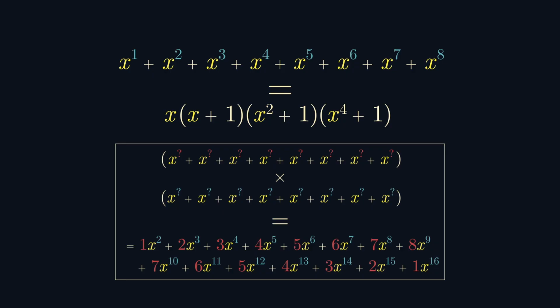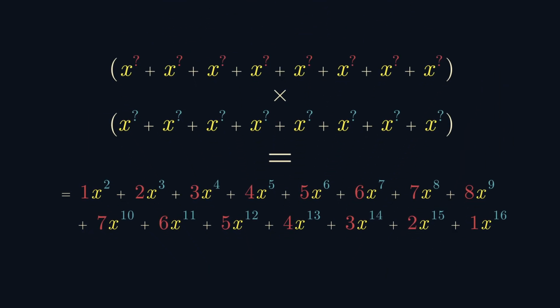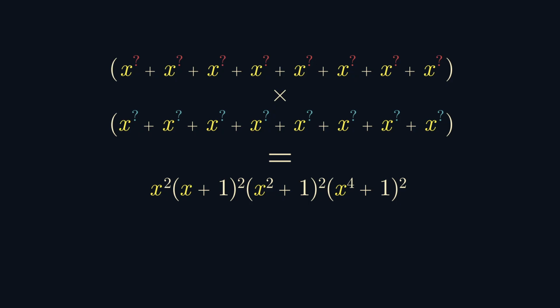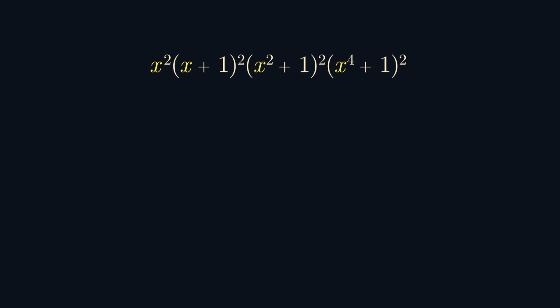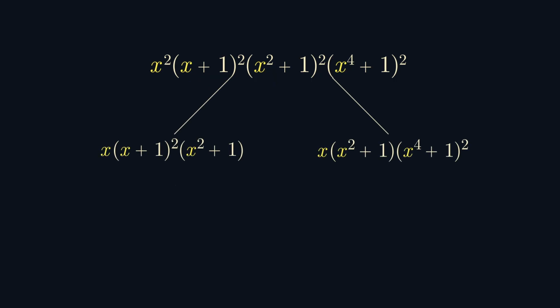We can represent the multiplication of this polynomial by itself to get the target distribution polynomial by squaring each of these factors. Now we're ready to construct a new set of dice. The way we do that is by divvying up the factors into 2 groups whose expanded forms have 8 terms each. Here we've done that by taking the factors x, 2 copies of x plus 1, and x squared plus